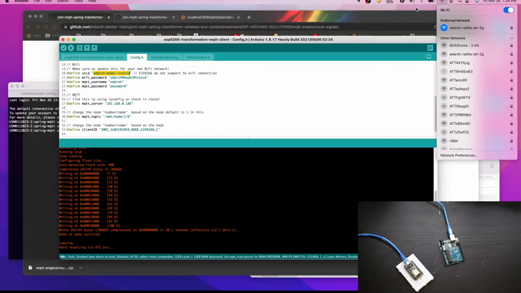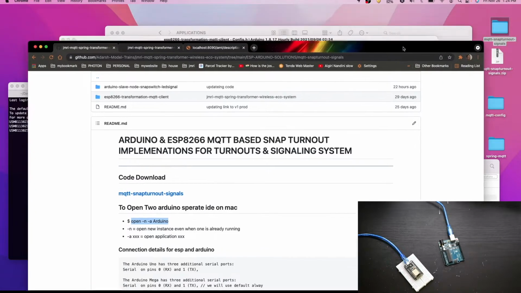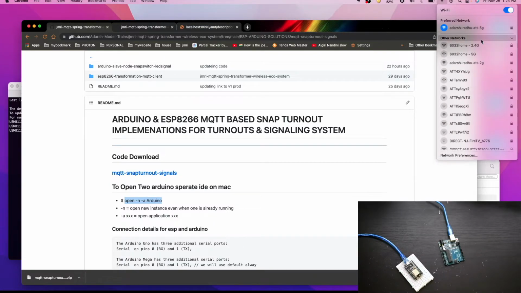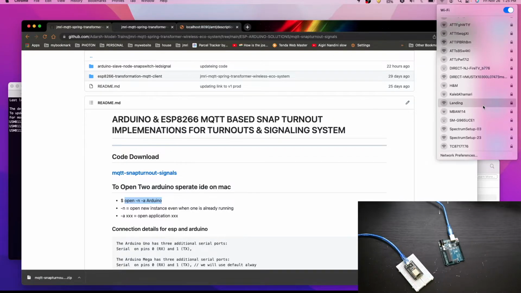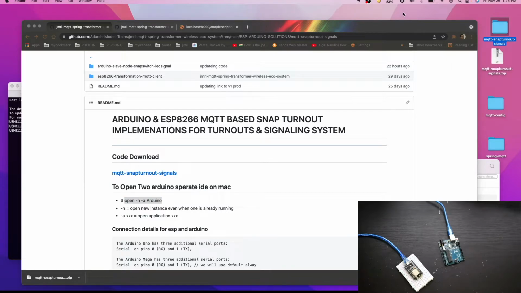I cannot see it now, but it's starting. It takes time to start.